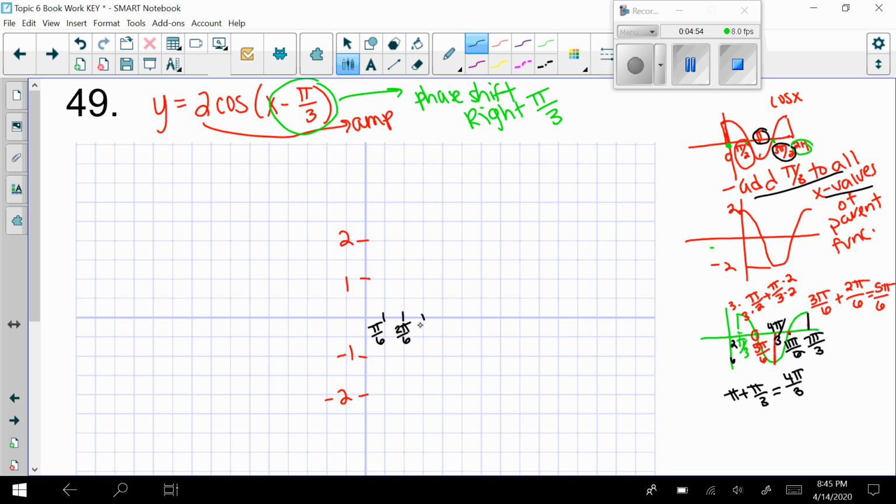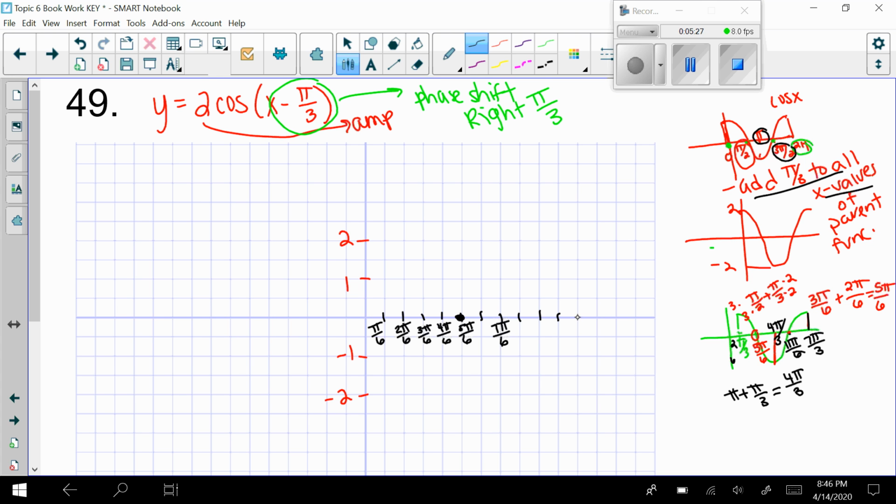This is 3 pi over 6. And obviously some of these could be reduced, which we're going to have to do. I'm just going to make it obvious here first. 5 pi over 6, which we know was one of our key ones, right? That was our 0. So I'm just going to put a 0 there because I know it already is. 6 pi over 6, 7 pi over 6. I'm just skipping so that I don't run out of room. 8 pi over 6, 9 pi over 6,